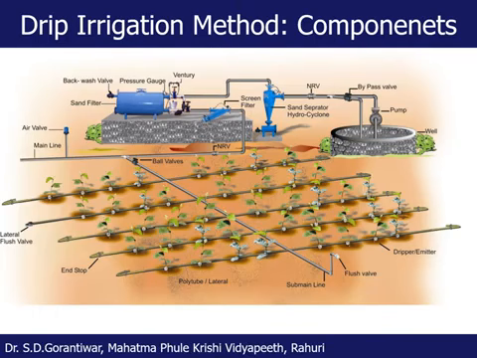Having seen the benefits, advantages, and at the same time limitations of the drip irrigation method, now it is important for us to know what the different components of the drip irrigation method are in order to achieve all these benefits. Okay, and also there are certain limitations and disadvantages of the drip irrigation method as well, and maybe we can overcome all those limitations and disadvantages, but for that we need to study the different components of the drip